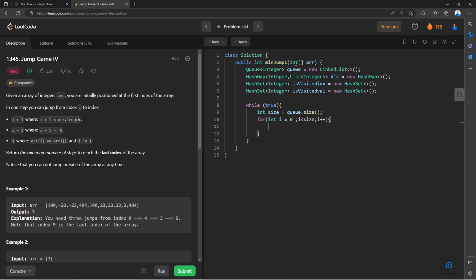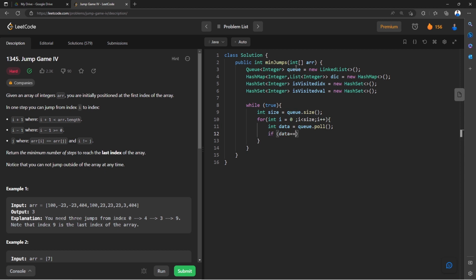Once we are done with this, now we are going to take the left data. So we are going to say int data is going to be nothing but q, whichever method does it, which is going to give the left data. Once we have taken the left data as well, now we are going to check if data is equal to n minus 1,